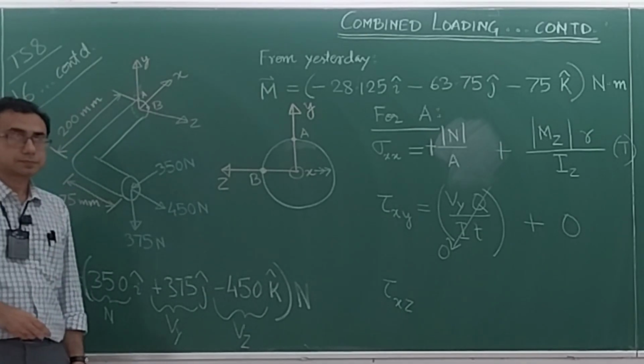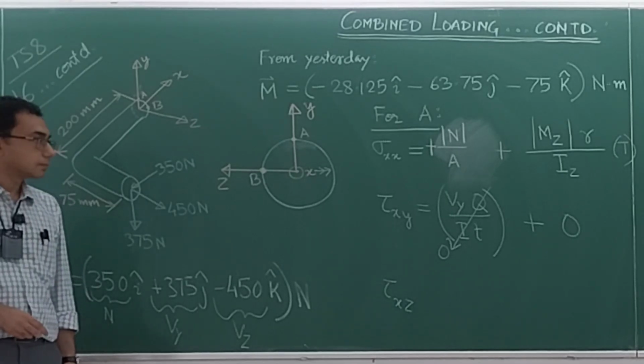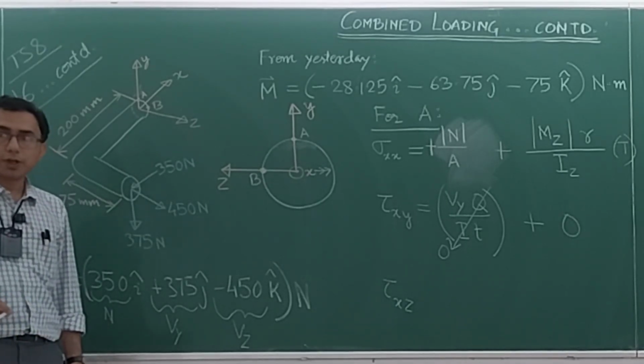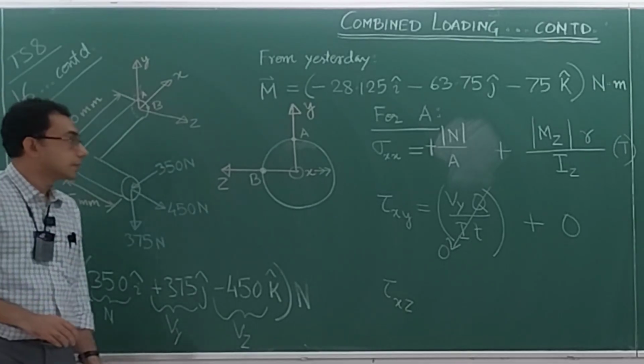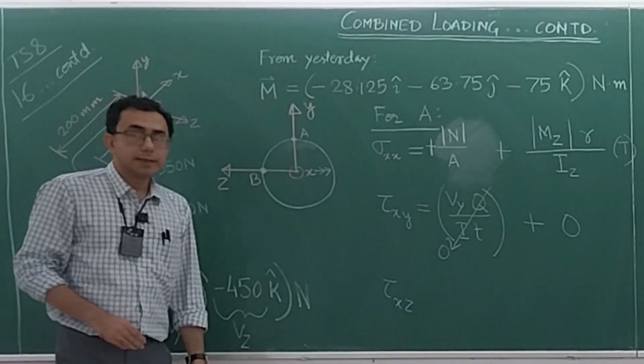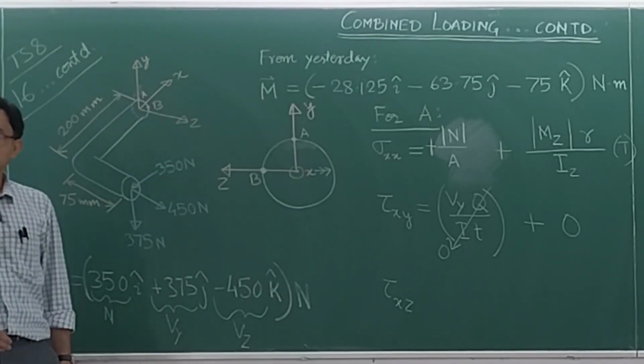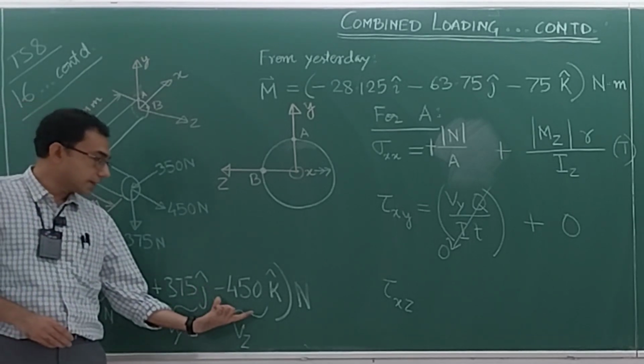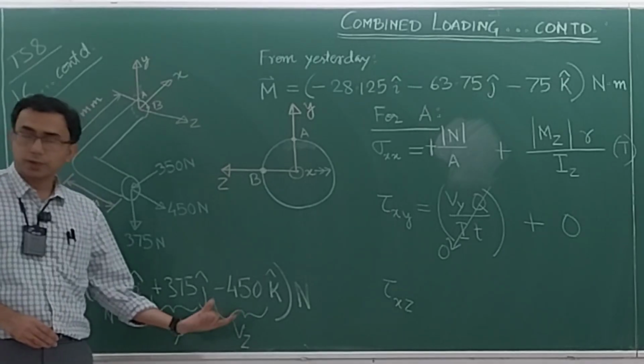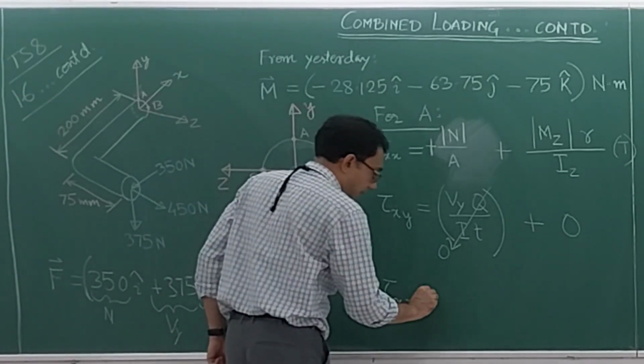Next, tau xz. We have not yet gone to point B. We are still sitting at point A. Now at the point A, there will be first of all a contribution due to the transverse shear. This time the contributing source is this minus 450. Okay, so we write this